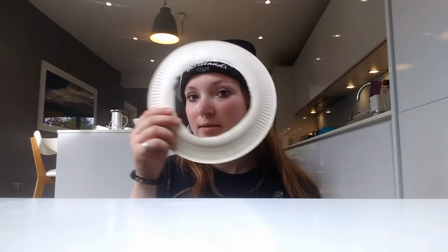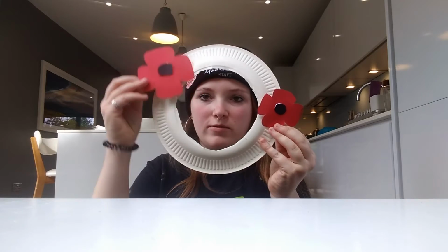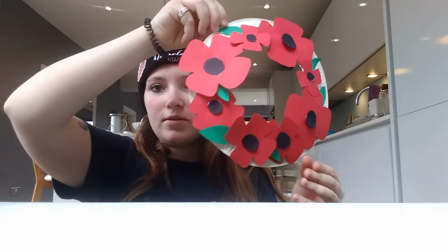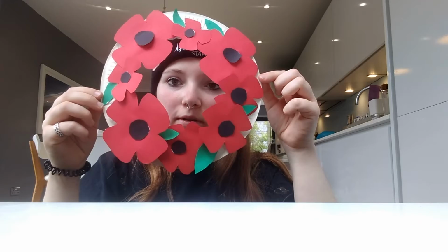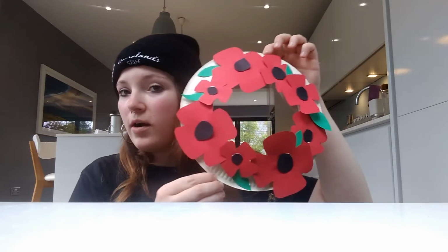It's time to get placing them around the edge of the wreath. So you can layer them in any kind of way you like, as long as you've done enough poppies to fill all the white gaps, that's fine. So you just need to glue around the edge here and stick on the poppies. So as you can see, I've stuck my poppies all around the edge and I've added in some leaves just to add some colour. And it does need to dry, but the last thing that you need to do is